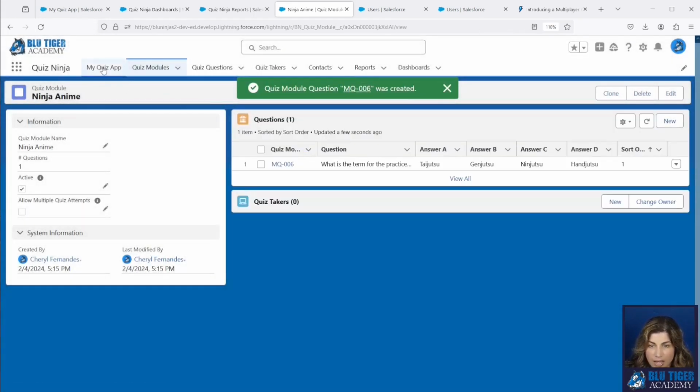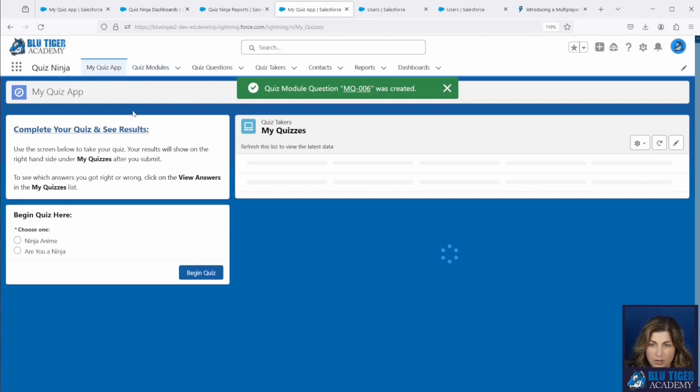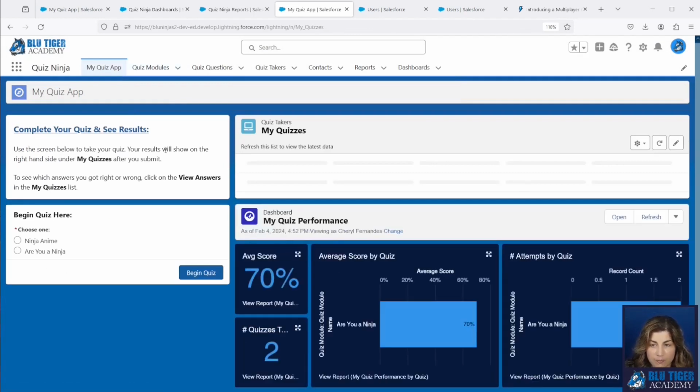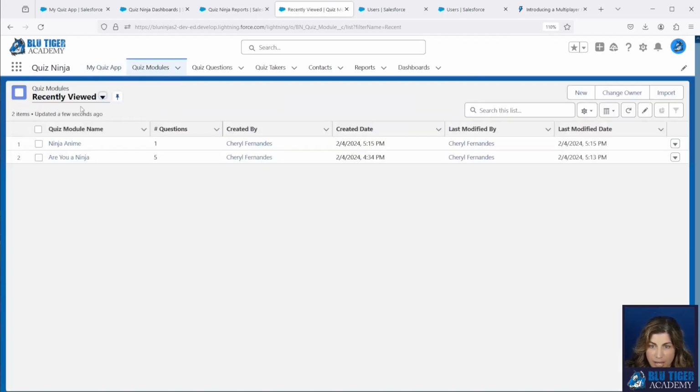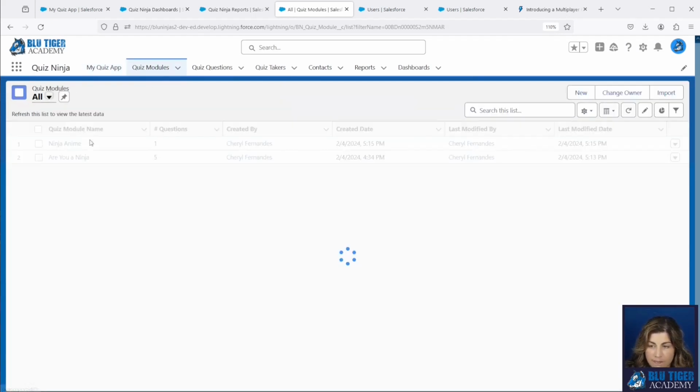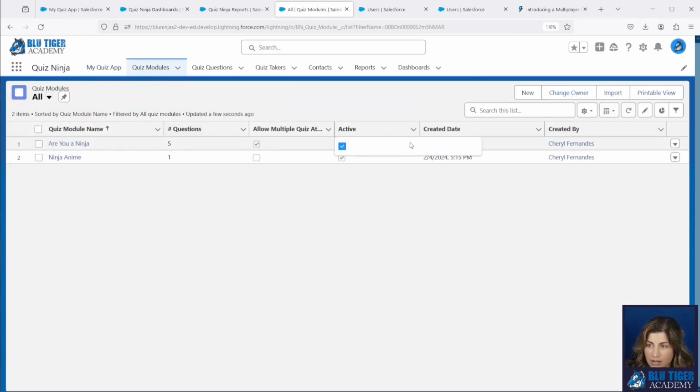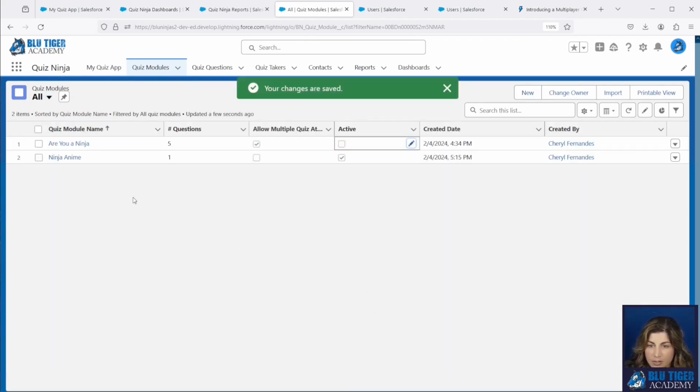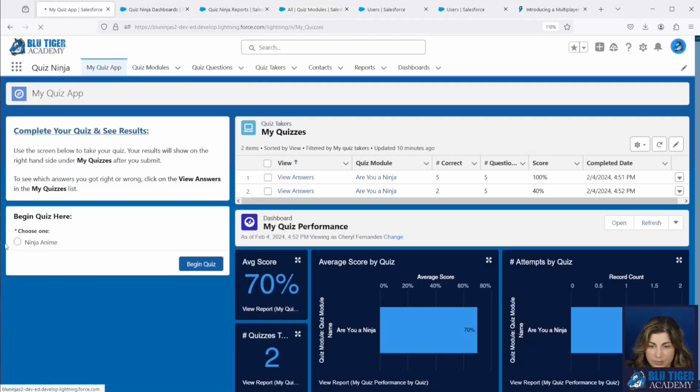And now we should have two quizzes that are visible in our quiz app, which we do. Now, if you wanted to make one of those inactive, we're going to go back to our quiz module tab. And we're going to make Are You a Ninja inactive. And then we should only see Ninja Anime. And we do. We only see one quiz that the user can choose from here.